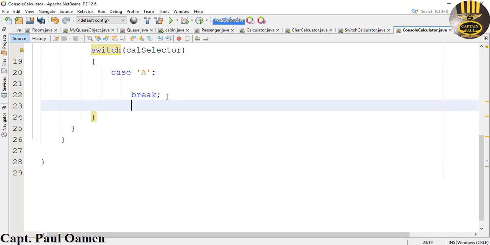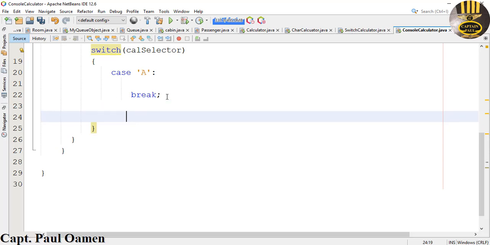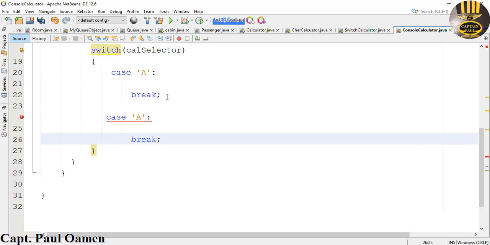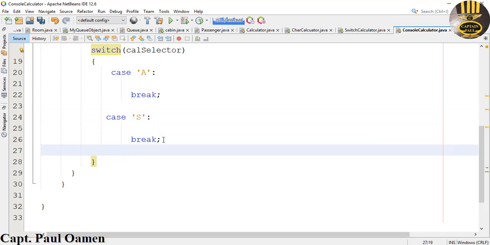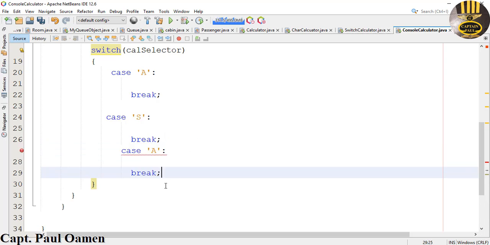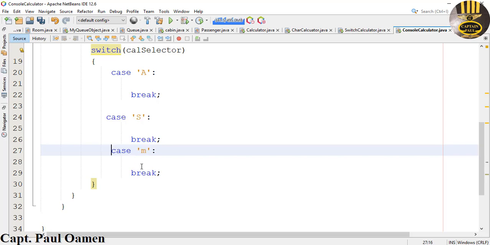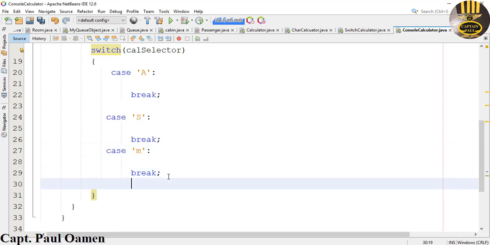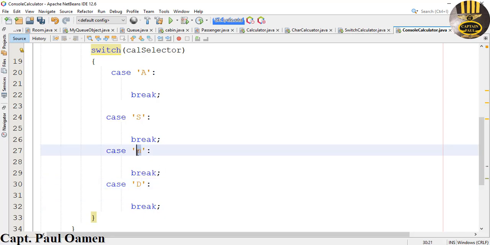Come right down here. Paste. And change the next one to S. The next one, again, that is going to be M for multiplication. And that M should be uppercase. And we have a D. I want it all to be uppercase. There we go. And right underneath, I'm going to enter my default,